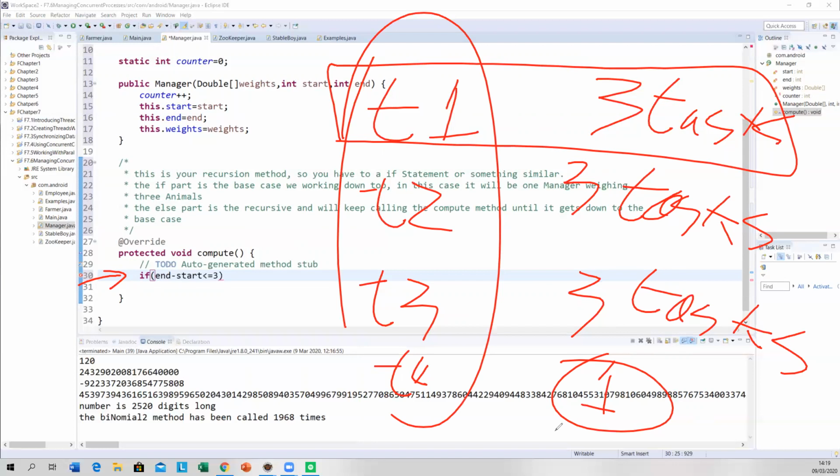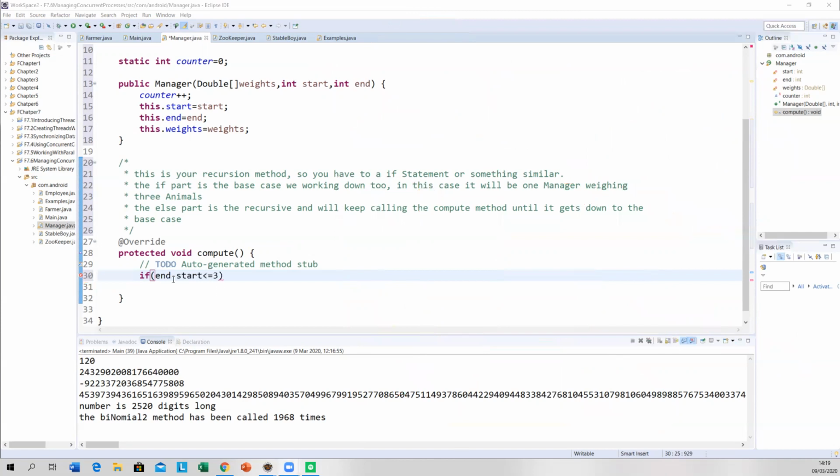Now for the first 3 threads, it's going to be 3, but for the last thread, it's going to be 1 task. So if the end minus the start is less than or equal to 3, first thing we're going to do inside it is a for loop.